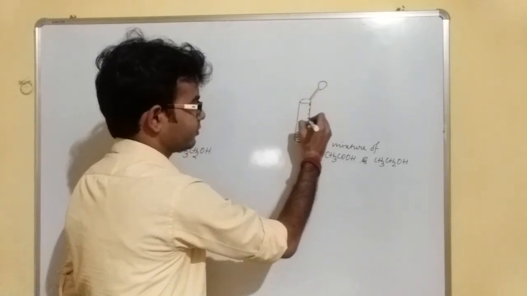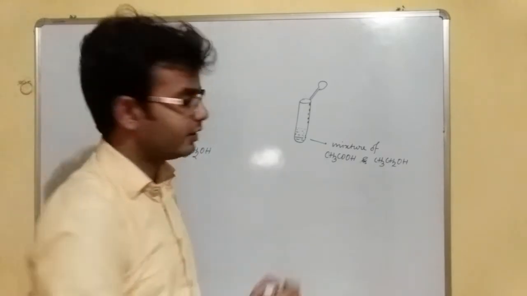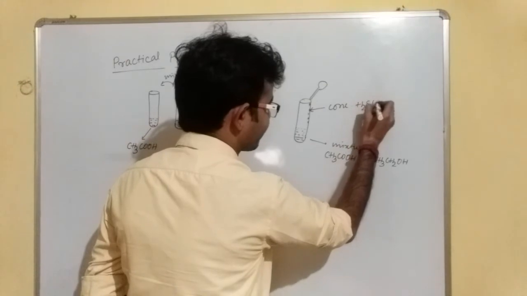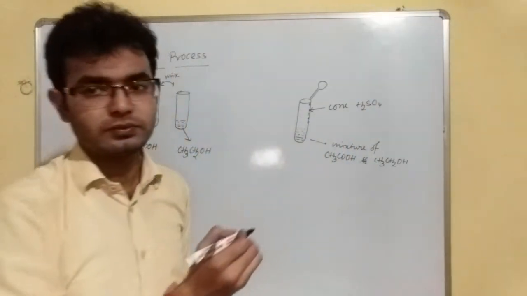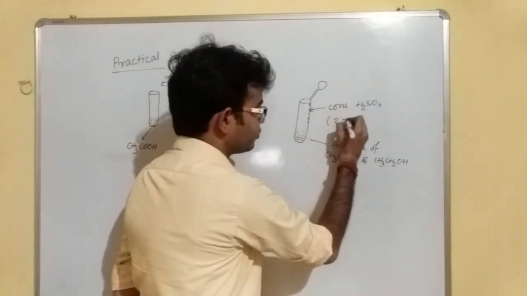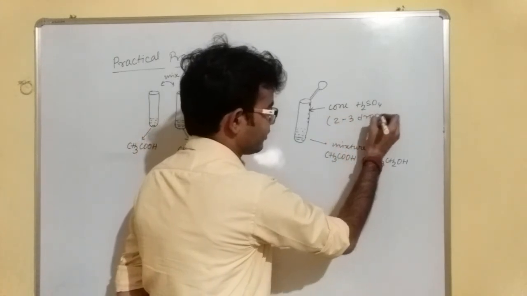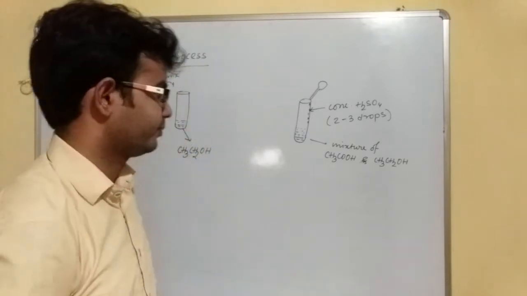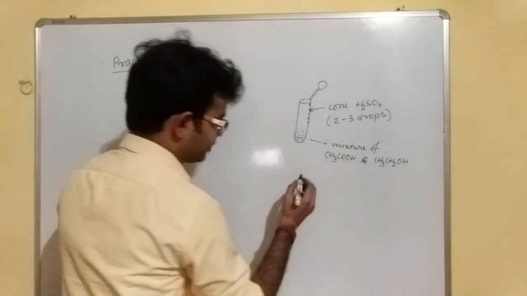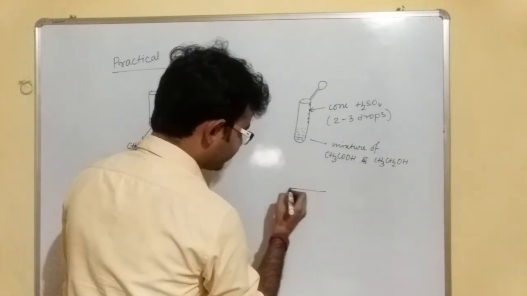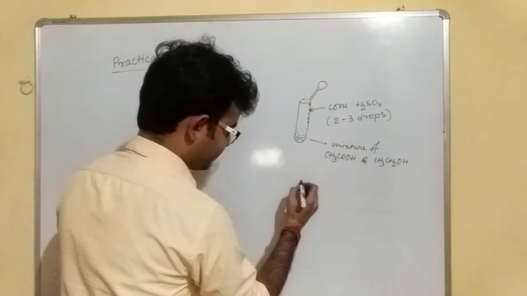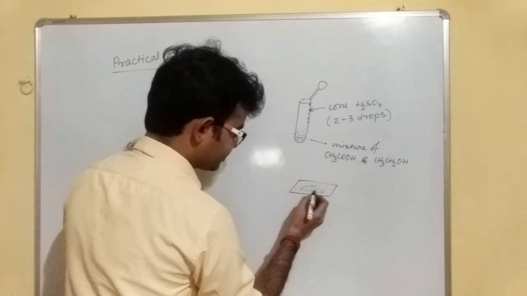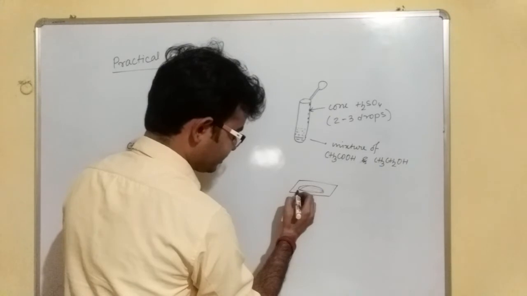Now in this mixture, through the wall we are adding concentrated H2SO4, okay, it is added through the wall। How much, 2 to 3 drops of concentrated H2SO4। What you have to do after that, you have to take the tripod stand, okay, here it is the tripod stand, suppose,